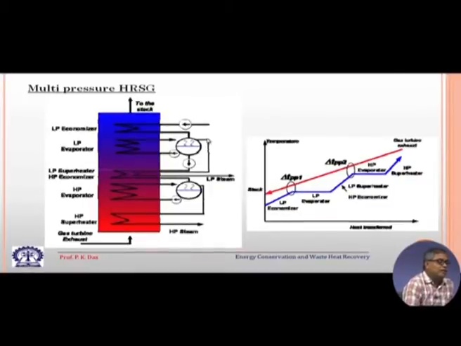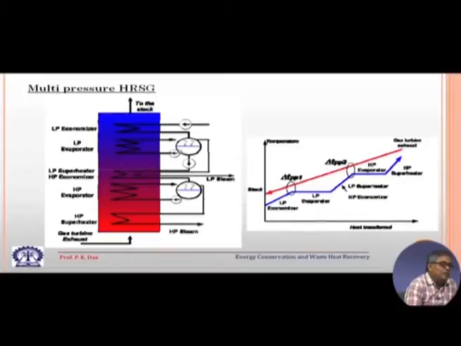So, from the steam drum, the steam which will come out, this is the steam which is coming out from the LP steam drum, it will be superheated in the superheater. So, we are getting LP superheater over here and the LP steam will come out. So, obviously, we can have a turbine for expansion of this LP steam. Then